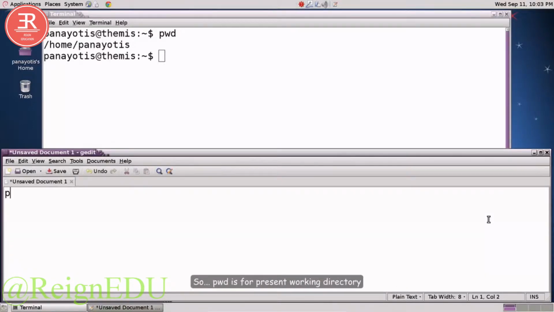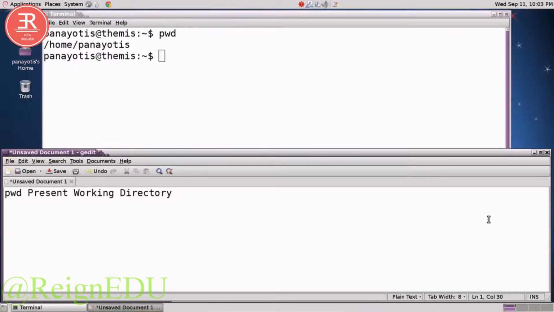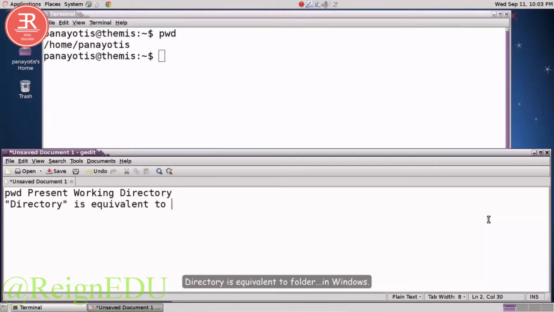So pwd is for present working directory. Directory is equivalent to folder in Windows. As you can see here, the present working directory is /home/Panayotis,